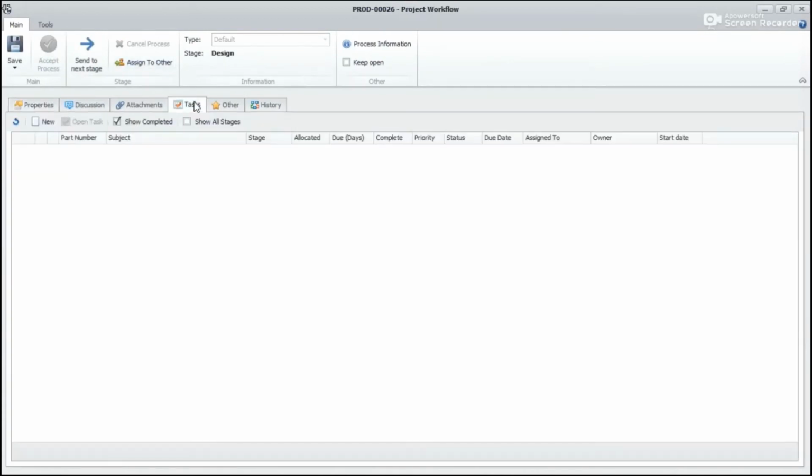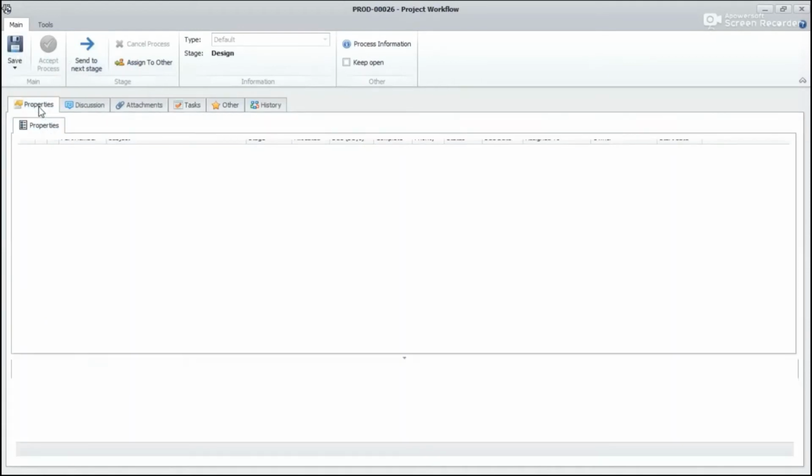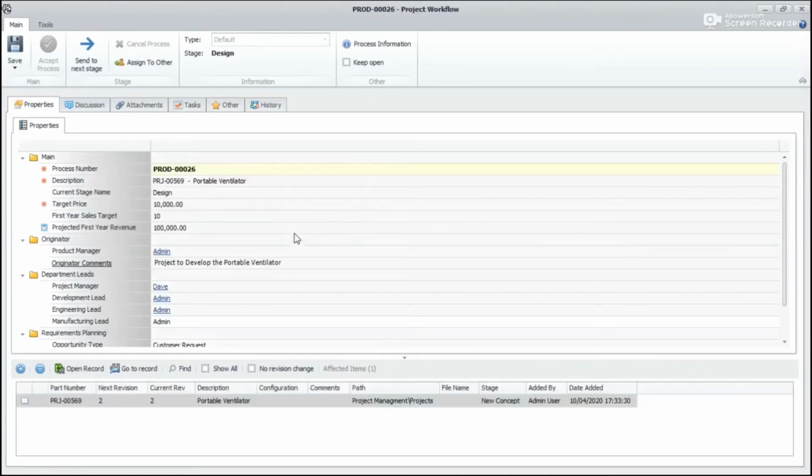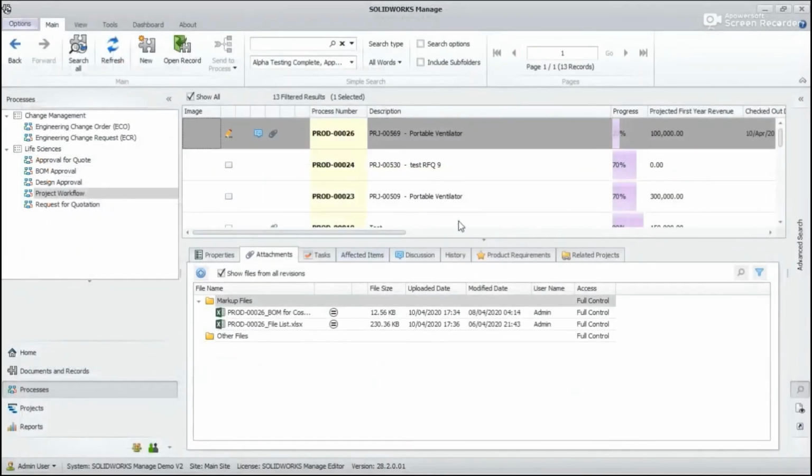Once he is done, he will notify the designer of a particular team. Now a SolidWorks designer or a CAD designer will log in to this SolidWorks Manage account.